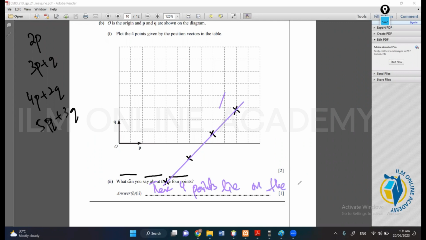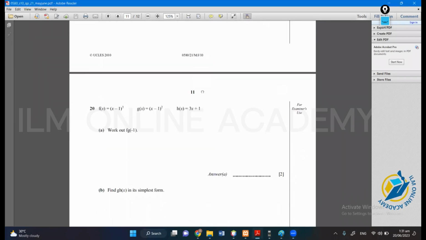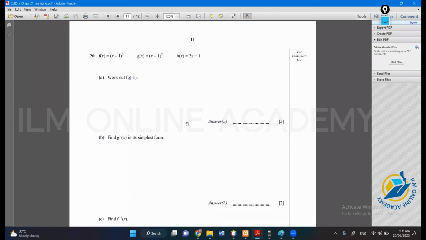Lie on the same line, that's it, no need to explain further. ठीक है जी, तो बस इसको थोड़ा सा एनालाइज करना था। ओवरऑल द क्वेश्चन वाज क्वाइट इजी। नाउ क्वेश्चन नंबर 20 है। Now question number 20 is f of x equals